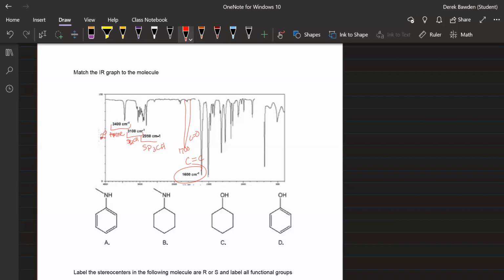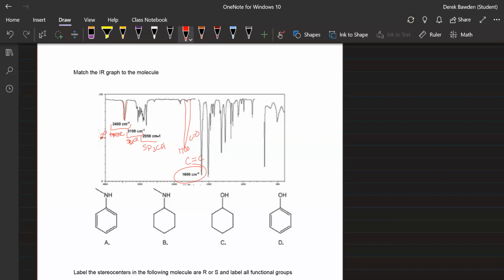Because a 2 degree amine has one hydrogen. I like to think about it as their number of peaks equals the number of hydrogens. You tell me that's not the reason, which is true. That's not the reason there's only one peak, but if you think about a 2 degree amine, it's only got one hydrogen, one peak. That's how I like to think about it. Okay. If you want to think about it another way, figure out how to do that, but